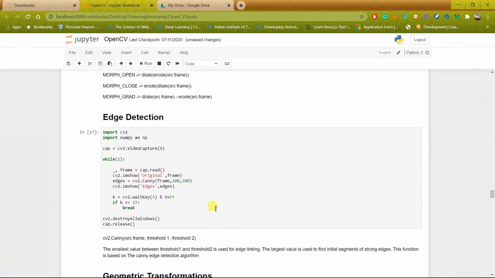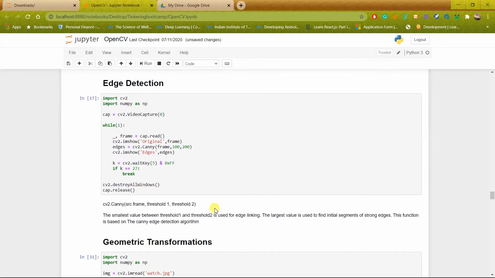So after that we have this very popular edge detection. So when we use OpenCV in projects like AUV and autonomous car, edge detection is very powerful in that case and provides us an excellent output in terms of detecting the edges of objects and detecting the objects and so on. So the syntax is pretty straightforward: edges is equal to, I specified the variable edges, and after that cv2.Canny. The algorithm which it uses is Canny edge detection, so it has named the function according to it.